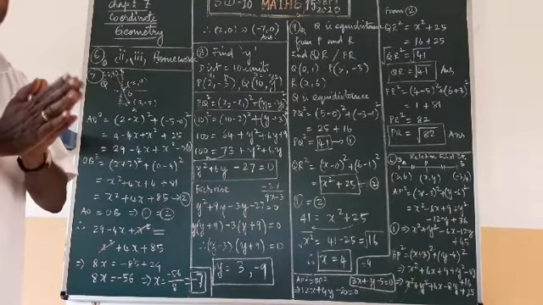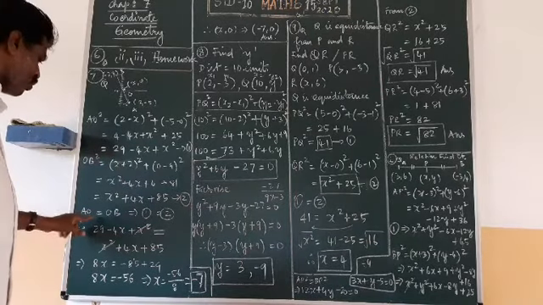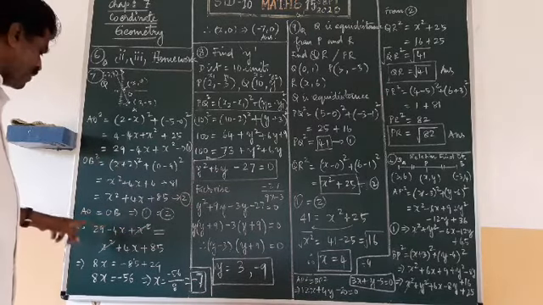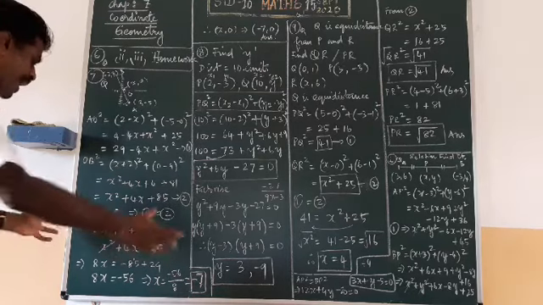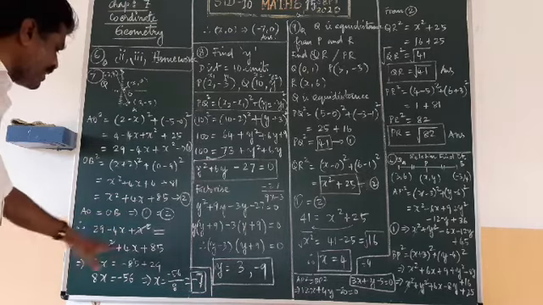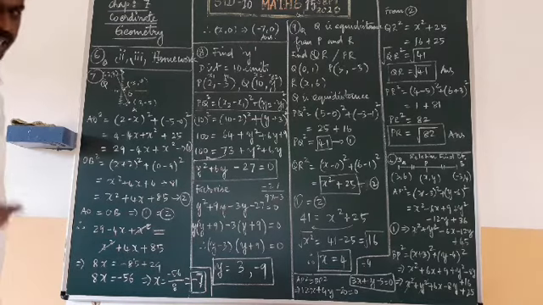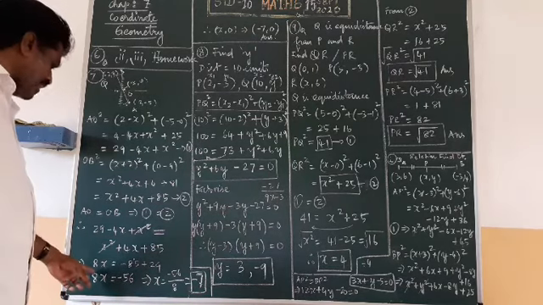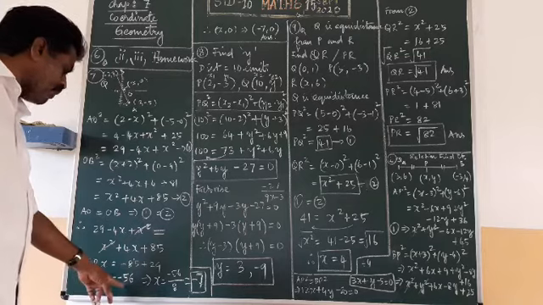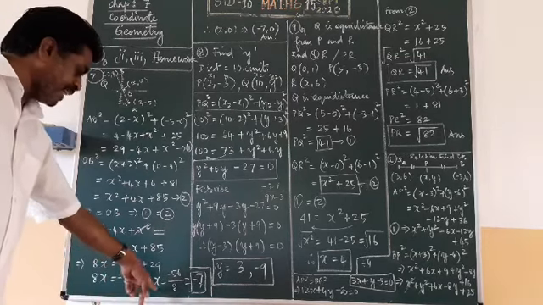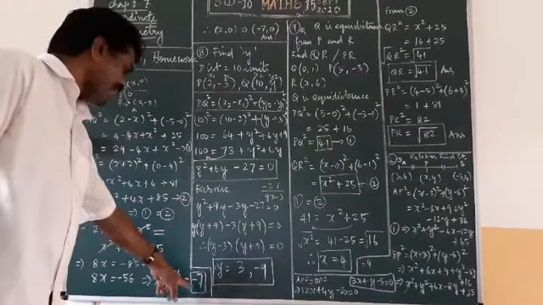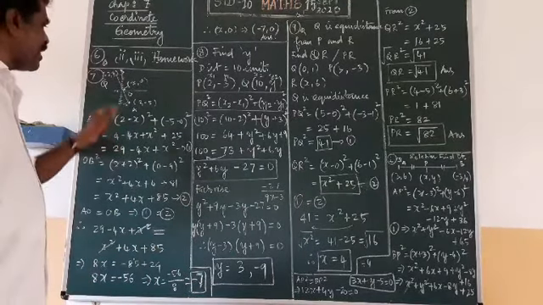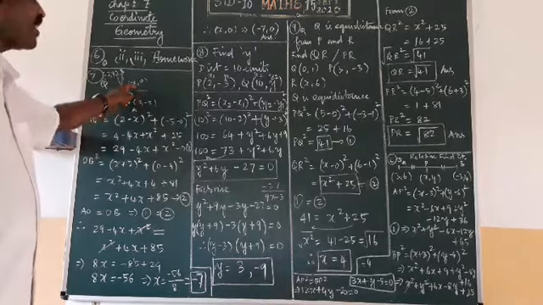They are telling us that it is equidistant. So that means AO should be equal to OB, that means AO square equals OB square, so 1 should be equal to 2. I am equating it. Then I am grouping the x terms, and the x square terms get cancelled. Then the x term I am getting as 8x equal to minus 56. Therefore x equals minus 56 divided by 8, which gives minus 7. So the unknown x coordinate is minus 7.